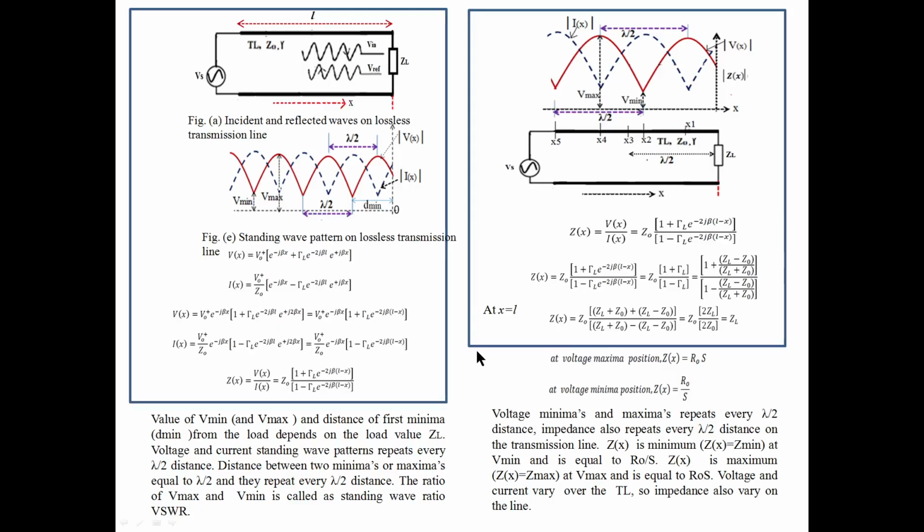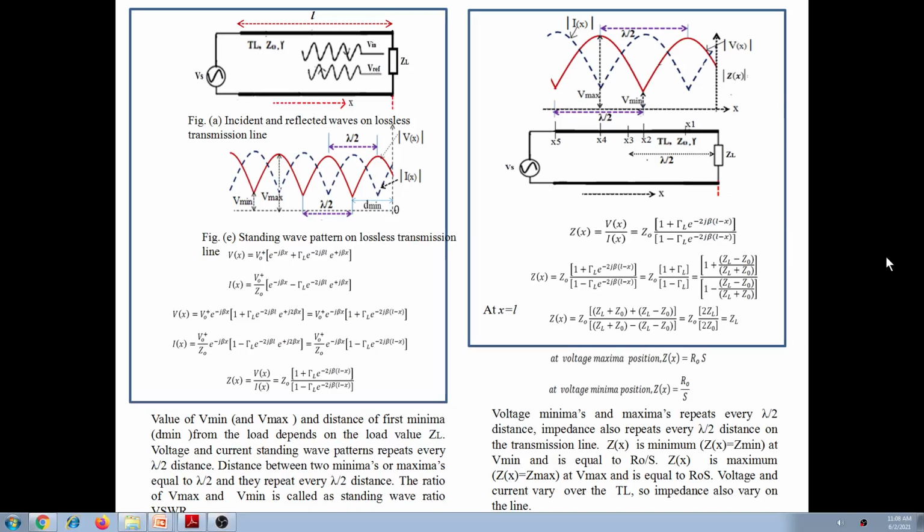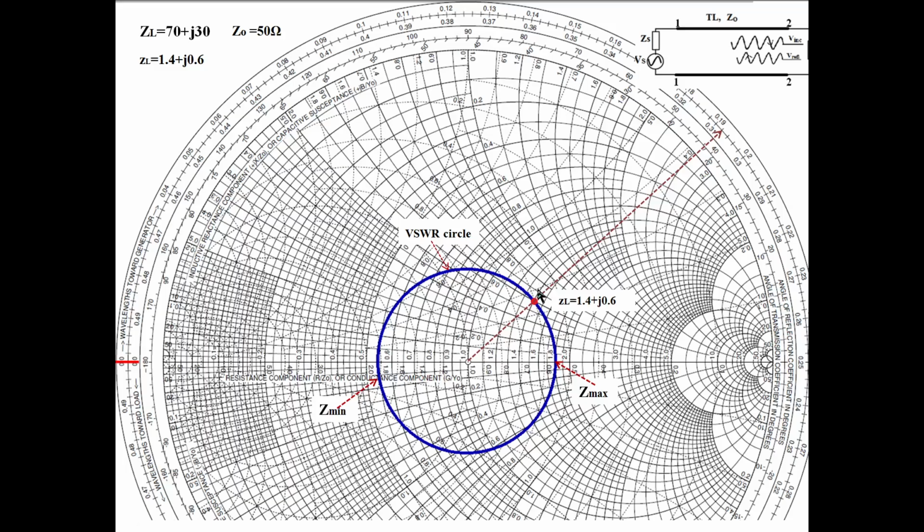In the earlier class, we were discussing the Z Smith chart, and we saw how to do marking over the Smith chart. We were discussing how to mark the impedance over the Smith chart. Any given impedance is a combination of four different types of circles, and we can mark the impedance as well as the admittance on this Smith chart. We were studying how to mark a given impedance on the Smith chart.